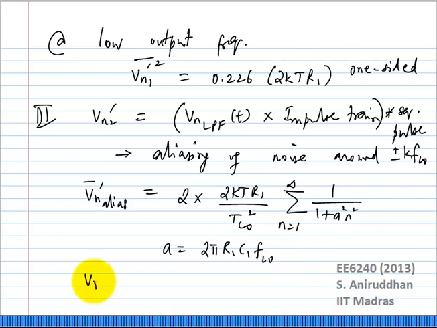So to actually find out your actual Vn2, you have to take this alias noise and multiply it by the sinc envelope. So you apply the sinc envelope to this alias noise,